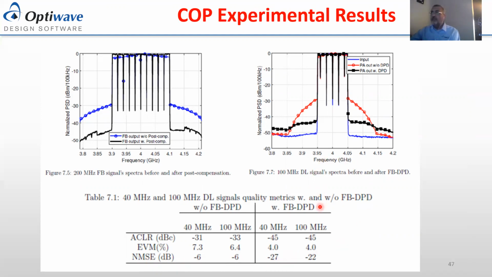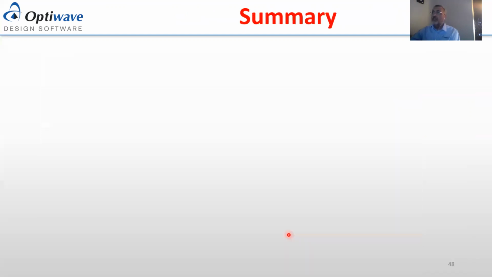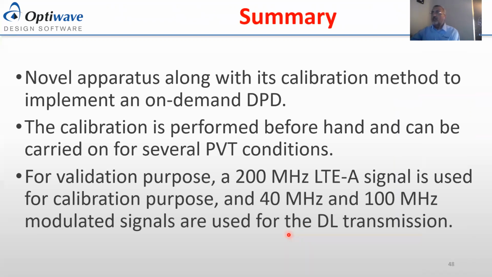So this is the scheme. If you use the active calibration observation path in your system, you can achieve much better performance in the overall system. Okay, so with this,